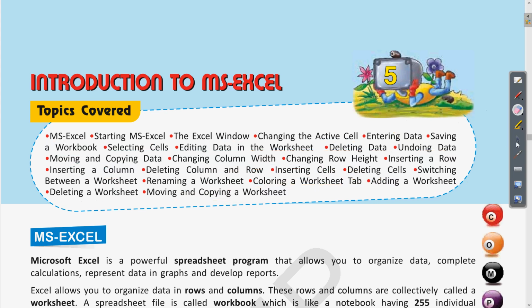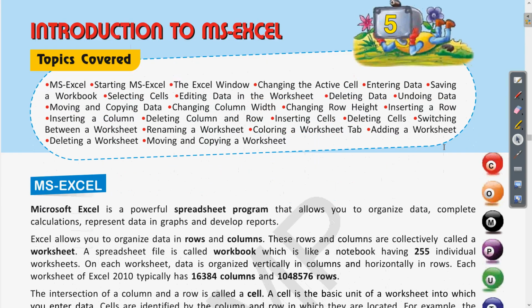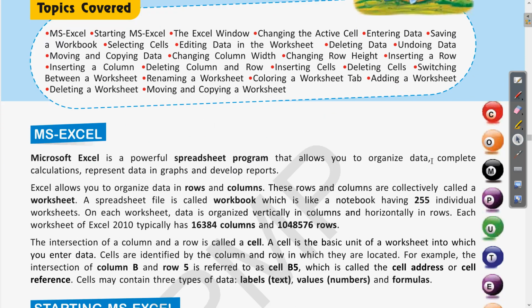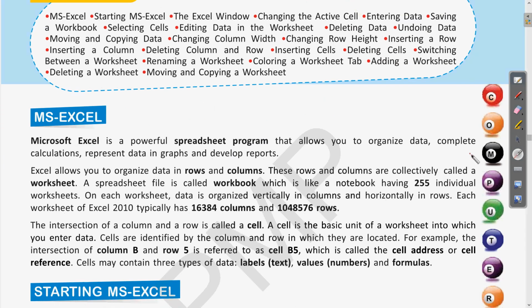So let us continue with our first topic, that is MS Excel. So let us first see what MS Excel is. So MS Excel is a powerful spreadsheet program. So here a new term comes, a spreadsheet program. So what is the basic meaning of this spreadsheet? When the data which we are saving is an electronic form of data, means digital form of data, where we are saving the information in a form of rows and column, such softwares are called as spreadsheet program.